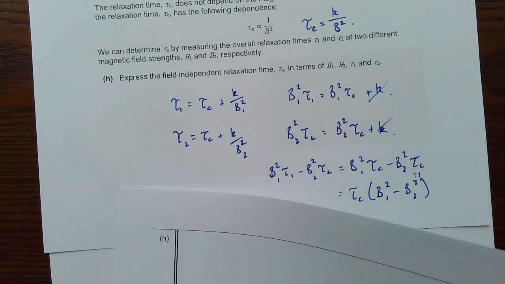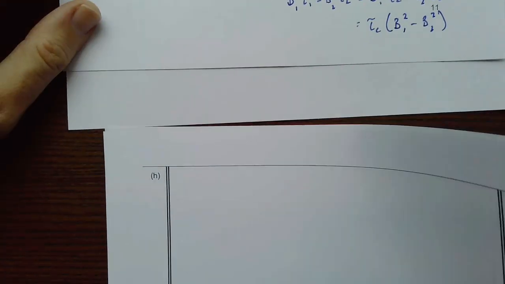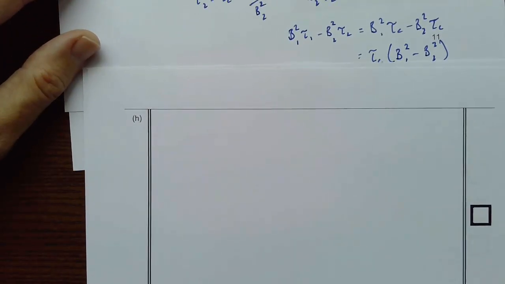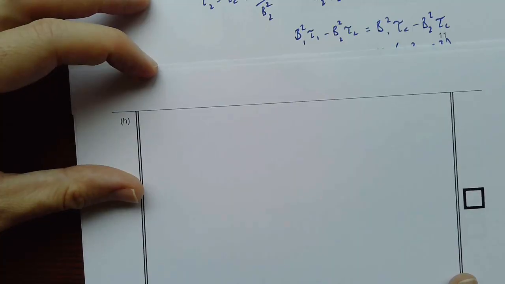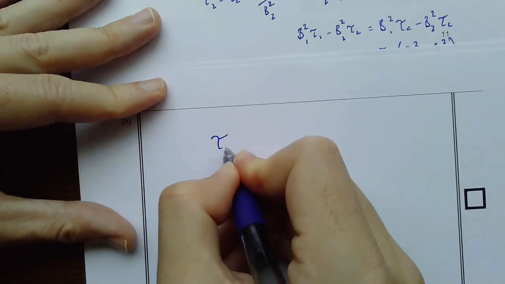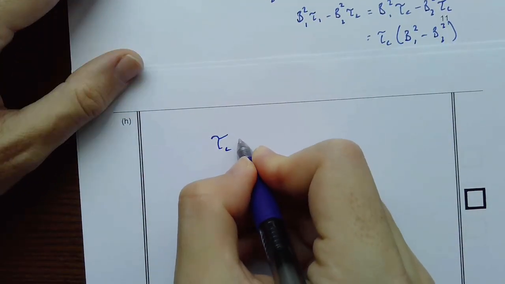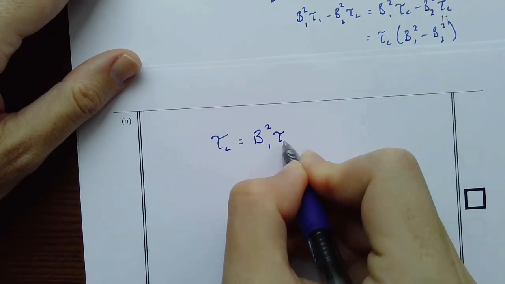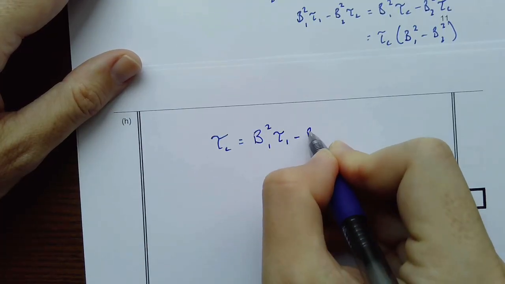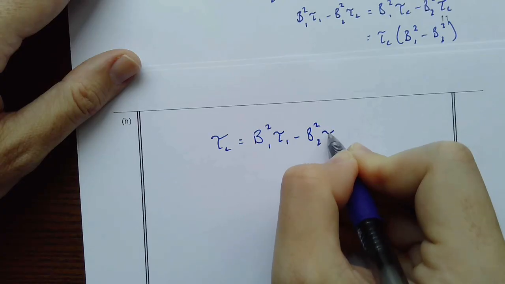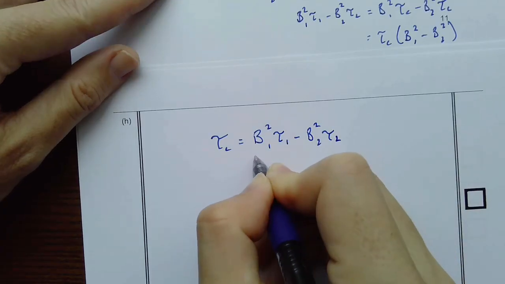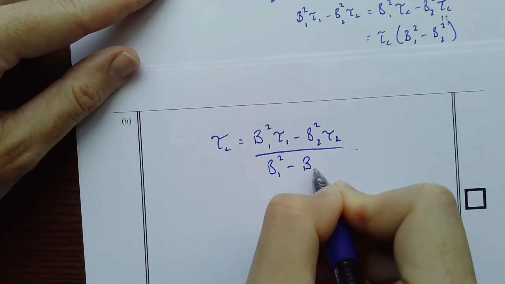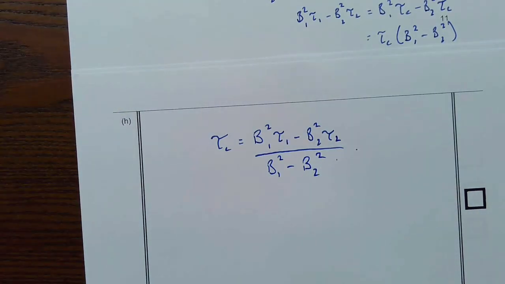Obviously when you do this you should do all your working in this massive box they give you, which is what I should have done. But I'm going to get tau c is equal to b1 squared tau 1 minus b2 squared tau 2 divided by b1 squared minus b2 squared,